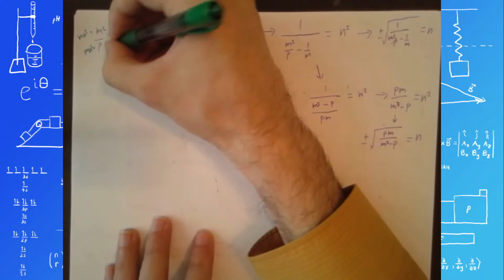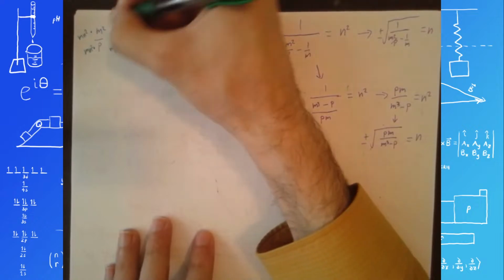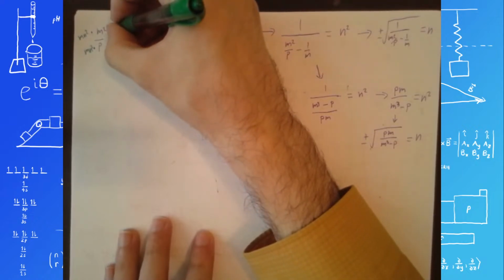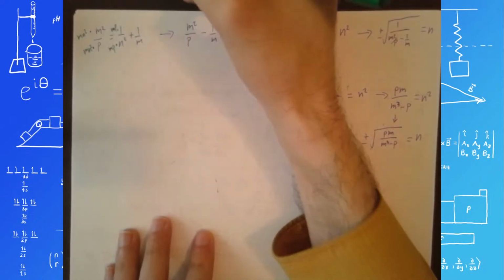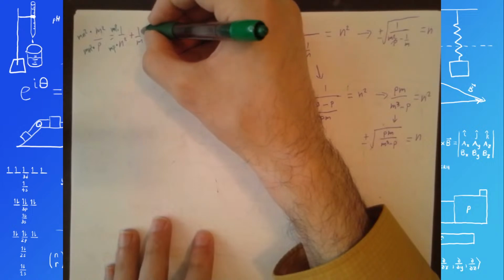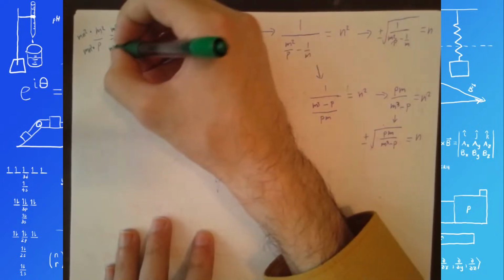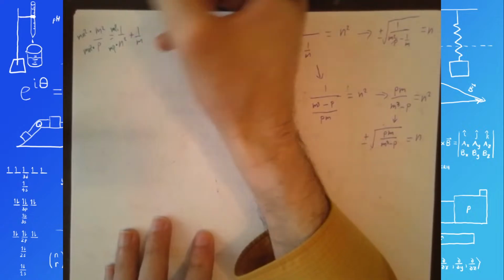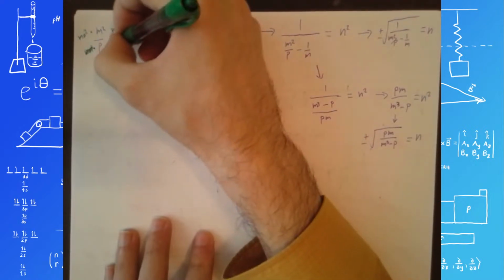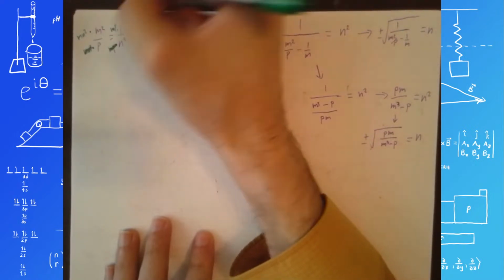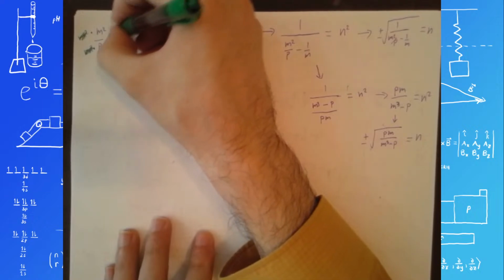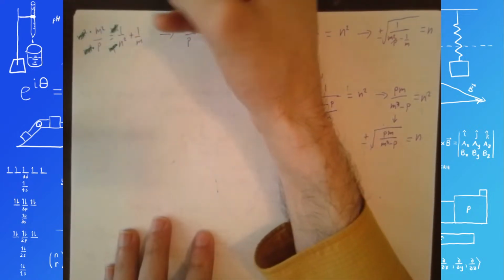And multiply by mp over here. Wait. No. I'm overthinking it. Multiply everything by